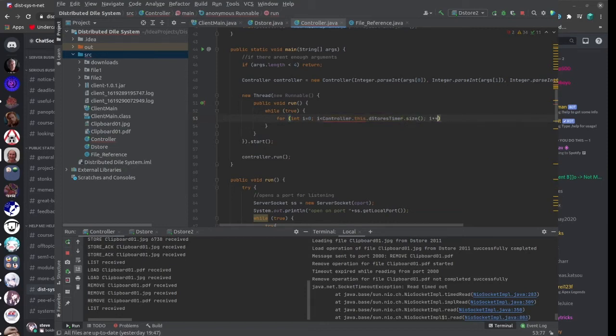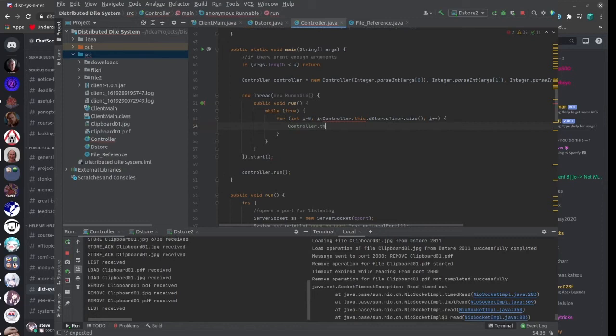size. There we go. And then we have i++. And then what we're going to do is we're just going to say controller.this